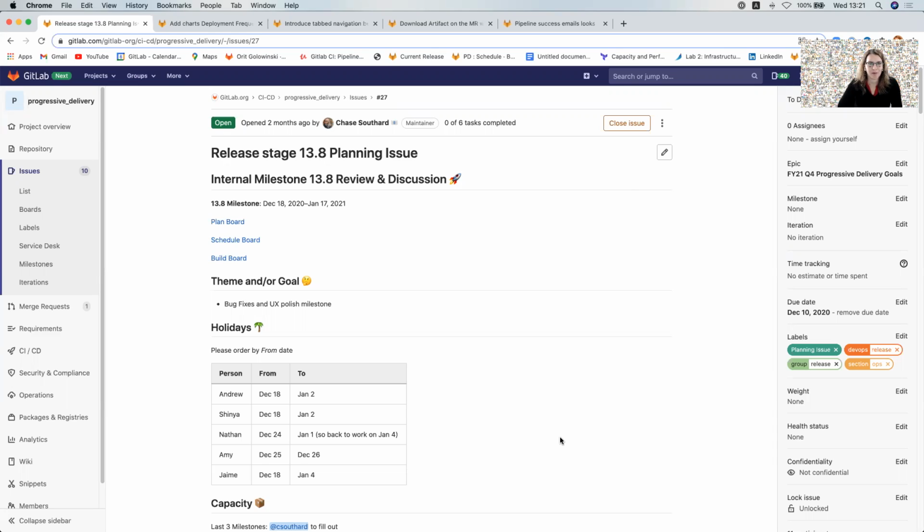As every month, I want to go through what we have planned for the 13.8 release. So the 13.8 release is going to be a small release, given that a lot of the team is going to be taking some time off. So this is mainly a release around bug fixes, but I do want to highlight some of the issues that we're going to work on. So you can follow along under the Progressive Delivery Project,